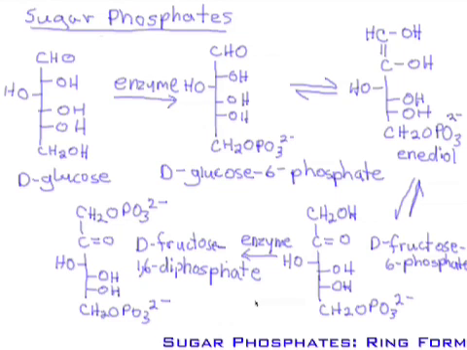Now, these sugar phosphates exist like monosaccharides in ring form. But note that the term pyranose is not used in the nomenclature, and the formation of the phosphoric acid ester or the phosphate ester is dependent on the pH. So we can actually synthesize these sugars in ring form, and I'm going to draw the Haworths of that. So if I have alpha D-glucopyranose,